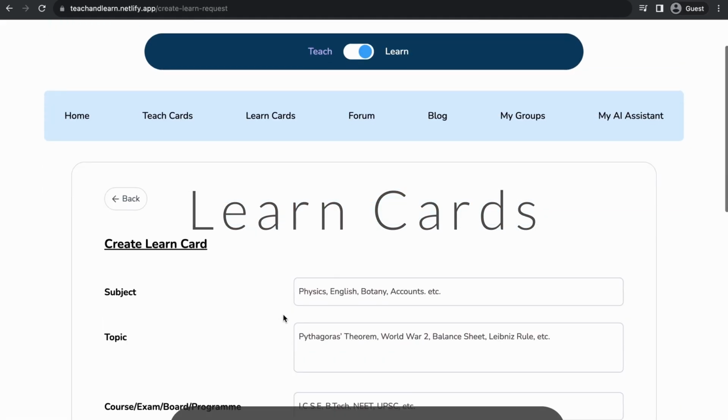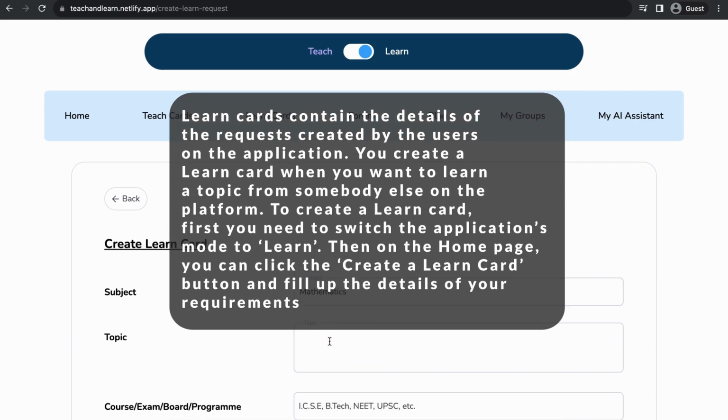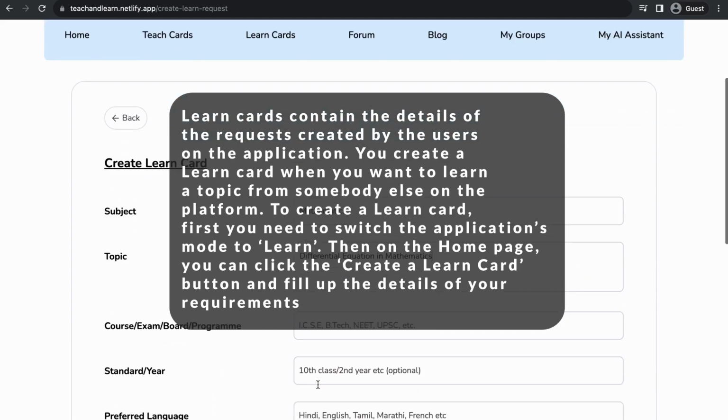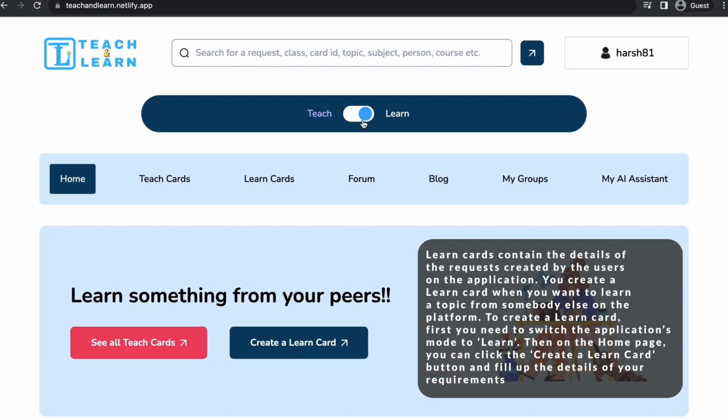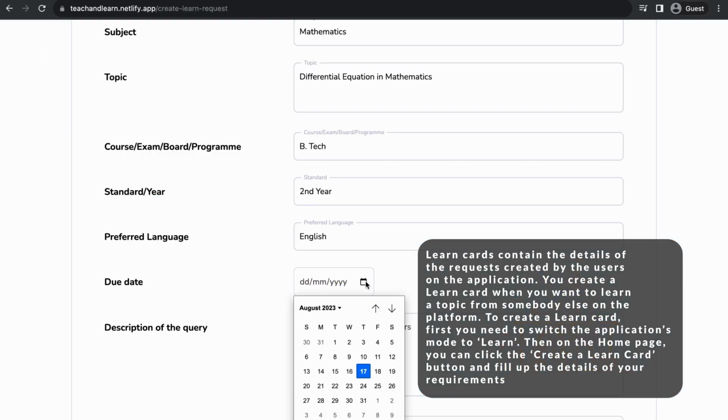Learn cards. Learn cards contain the details of the requests created by the users on the application. You create a Learn card when you want to learn a topic from somebody else on the platform. To create a Learn card, first you need to switch the application's mode to Learn. Then on the home page, you can click the Create a Learn card button and fill up the details of